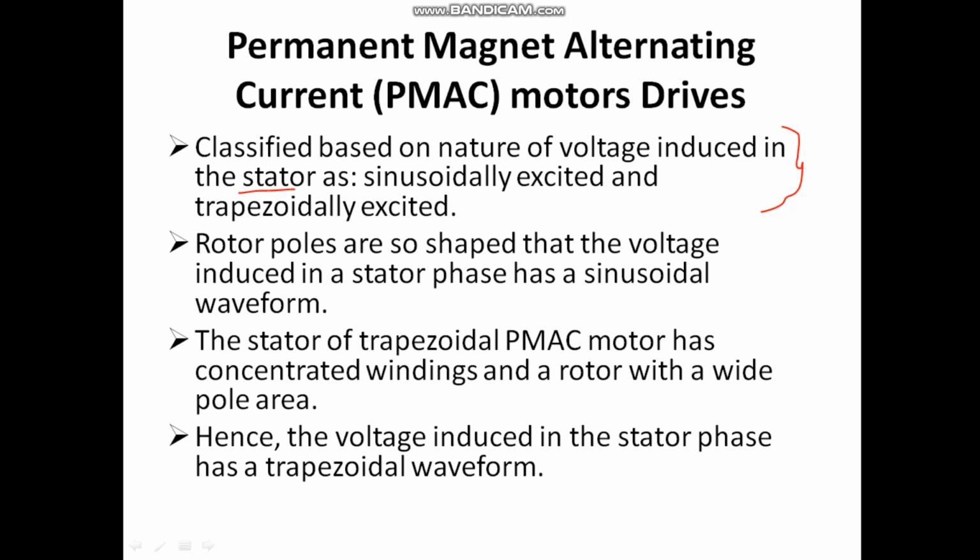We know that motors have a stationary part and the rotor part. So what is the nature of voltage induced in the stator? Depending on this, it is classified as sinusoidally excited machines or trapezoidally excited PMAC machines, right? In the former, the induced voltage has a sinusoidal waveform, whereas in this type of PMAC, the waveform shape is trapezoidal,